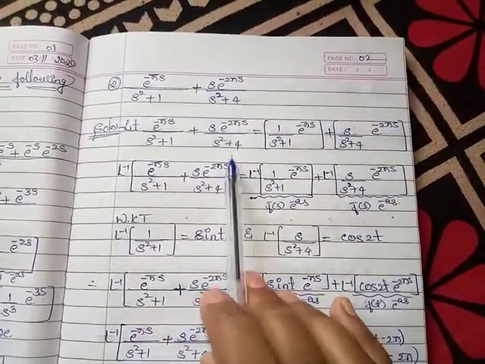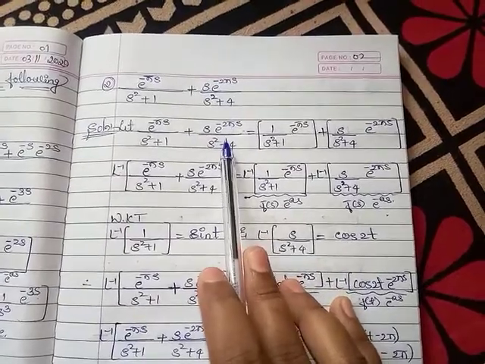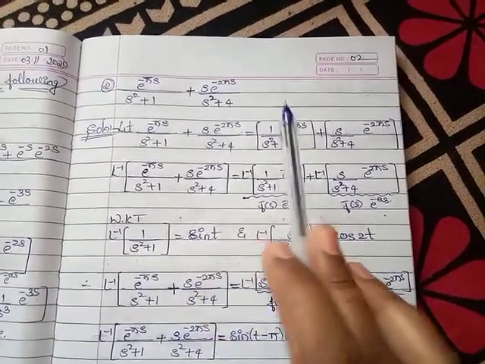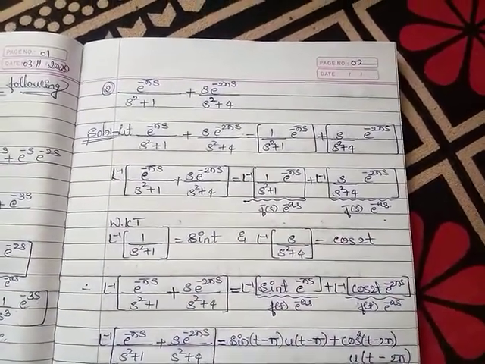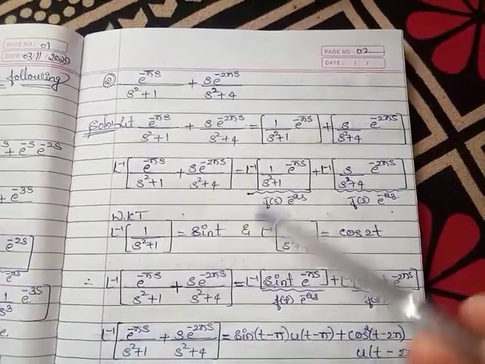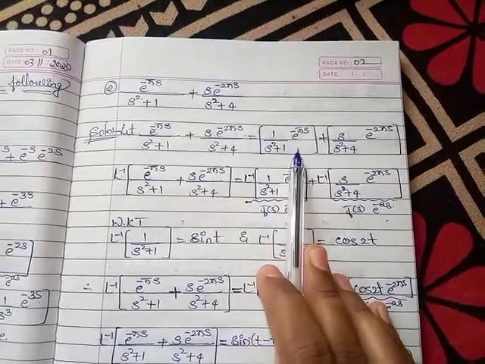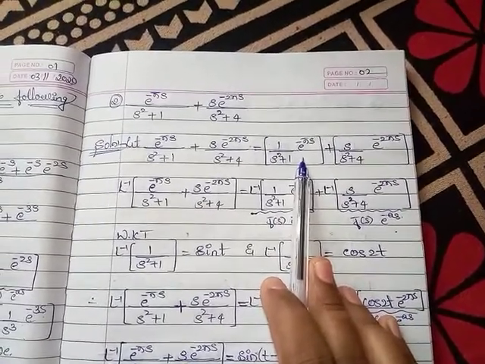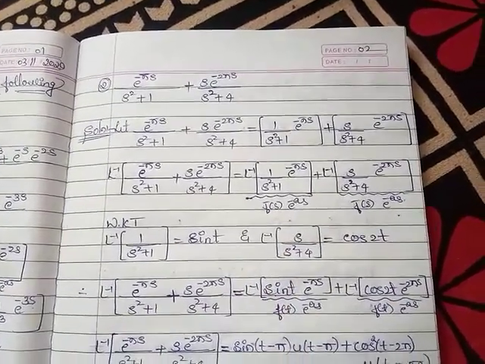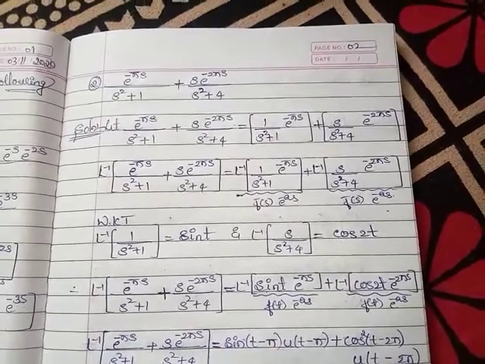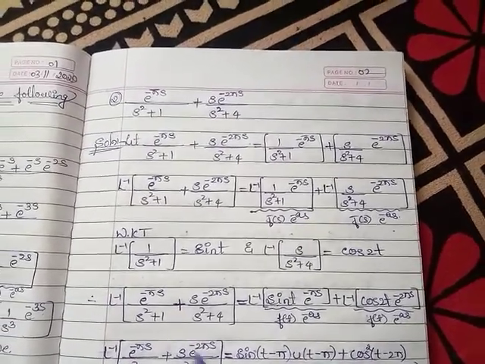If you write it as it is, you have to carefully identify what the f bar of s term is and what you have to take the L inverse of. Otherwise, you have to write it like this, so you will clearly identify what the f bar of s is and what the L inverse of that f bar of s is.